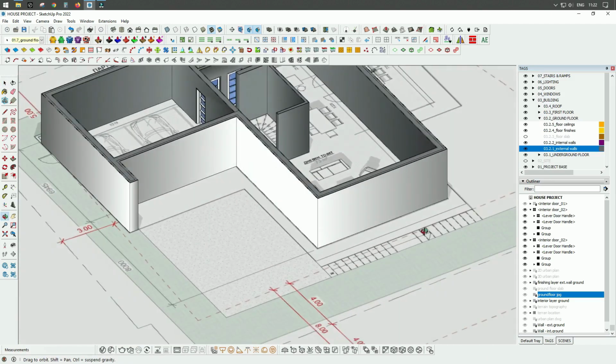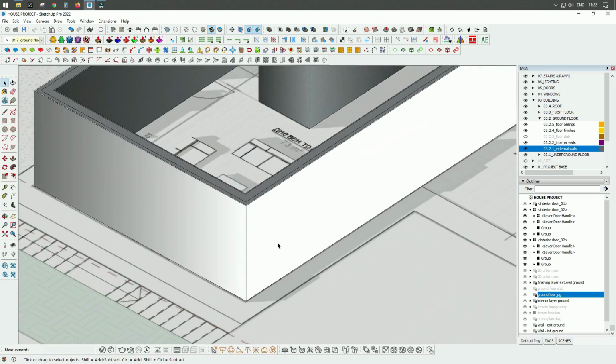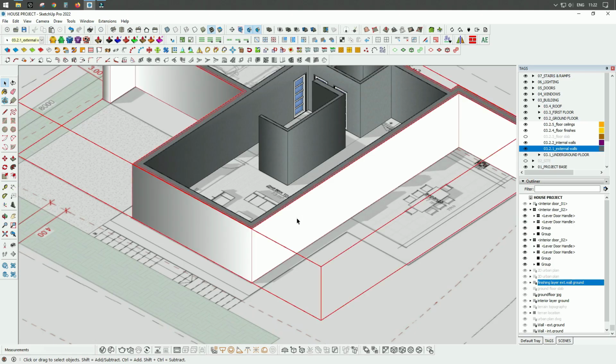So in order to have a clear space to work, I'm going to hide our windows. They are locked, so I will go to our project browser, to the building folder, to the ground floor subfolder,